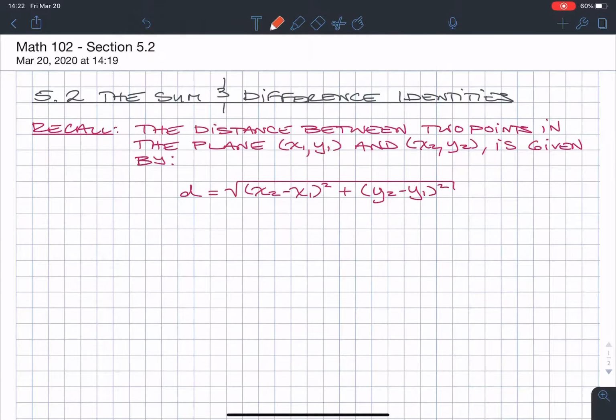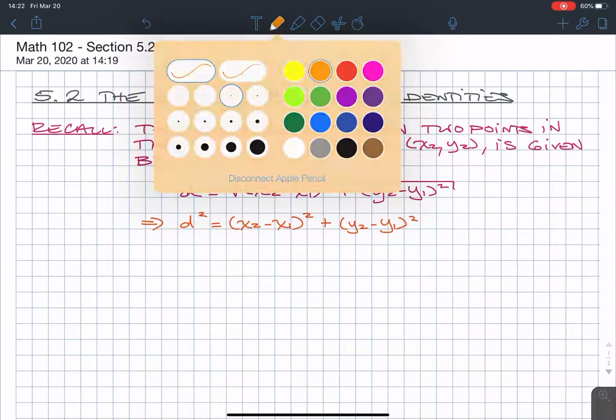Okay, so squaring both sides, what this implies is that the distance squared is simply the difference in the two x coordinates squared plus the difference between the two y coordinates squared. And this should look like the Pythagorean theorem if you're paying close attention. Okay, so let's consider